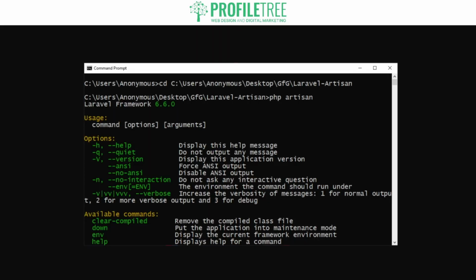So this is more or less what it will look like on your command prompt. You can see that it's Laravel Artisan, PHP Artisan, so that's what it's tapped into. And of course you've got a couple of options there. So that's pretty much it in a nutshell. Again, as I mentioned, you can run migrations, manage database seeding, and do other routine tasks